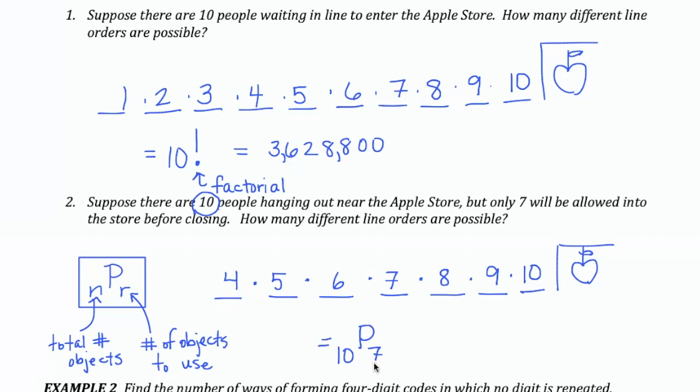Now, the common area of confusion here is students very often will want to put 4 here. And they want to read the notation as, oh, start at 10 and go down all the way to the number 4. That's not how the notation works. The number on the left is the total number of options you have, and the number on the right is the number of positions that you're looking to fill. So if you type this into a calculator, it lowers the number of possibilities down to